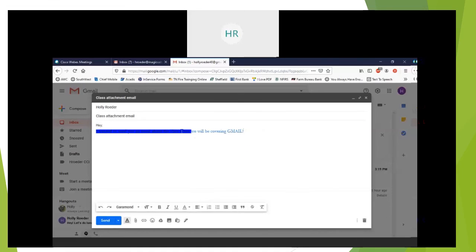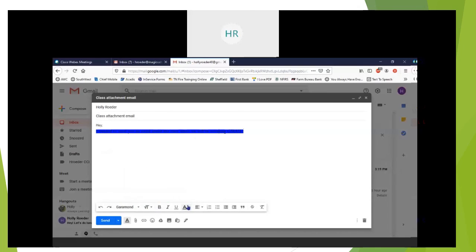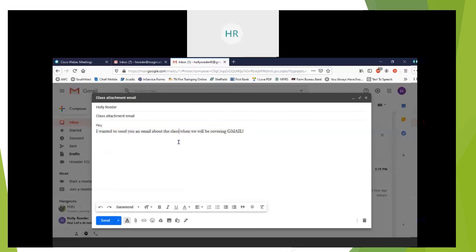I know it looks odd, but this is highlighted. And the difference is that we changed the background color and the foreground, or the text rather. So if we did that, it went back to where it looked a little bit more normal to us. Anyway,